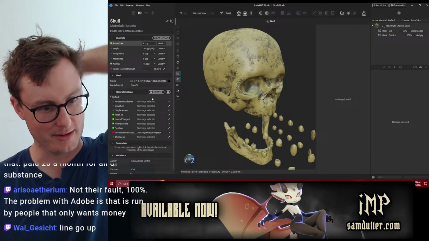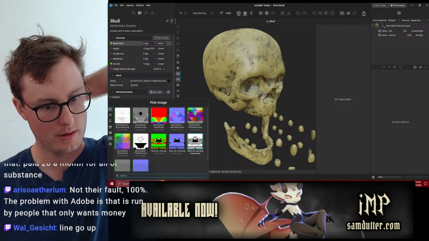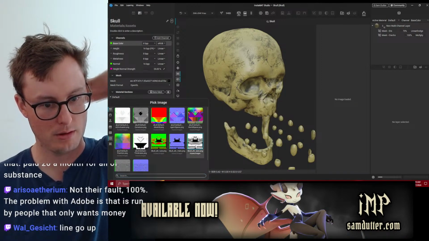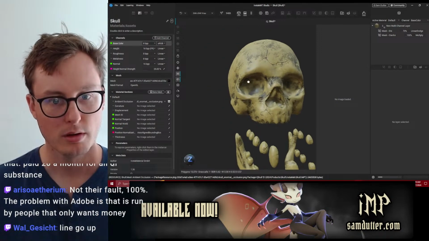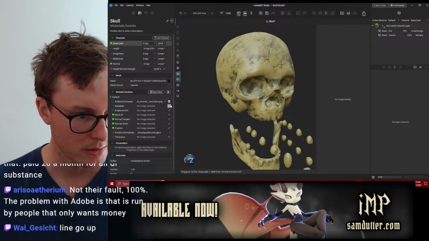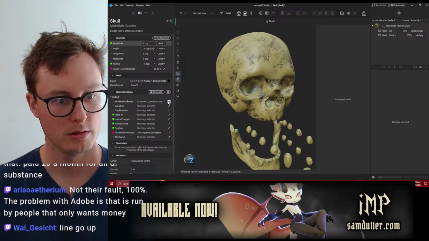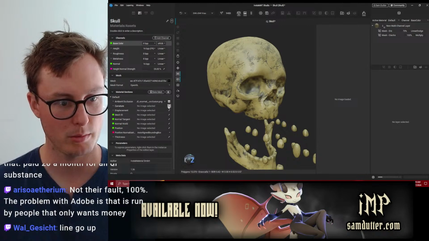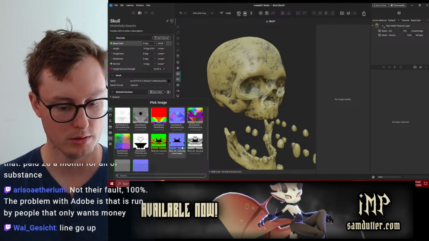All right, so let's look here. So we just brought in our textures, and now we can assign them. So this is the ambient occlusion map. Which doesn't seem to have done that much. I was expecting a little bit more from that. Then we'll do the normal.